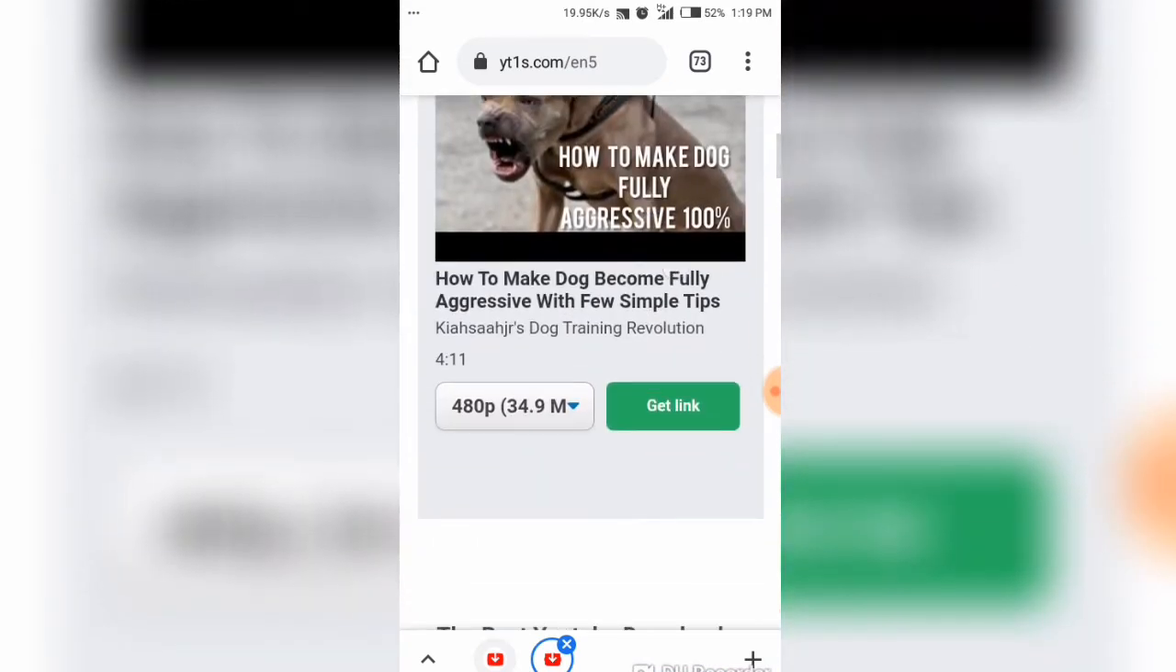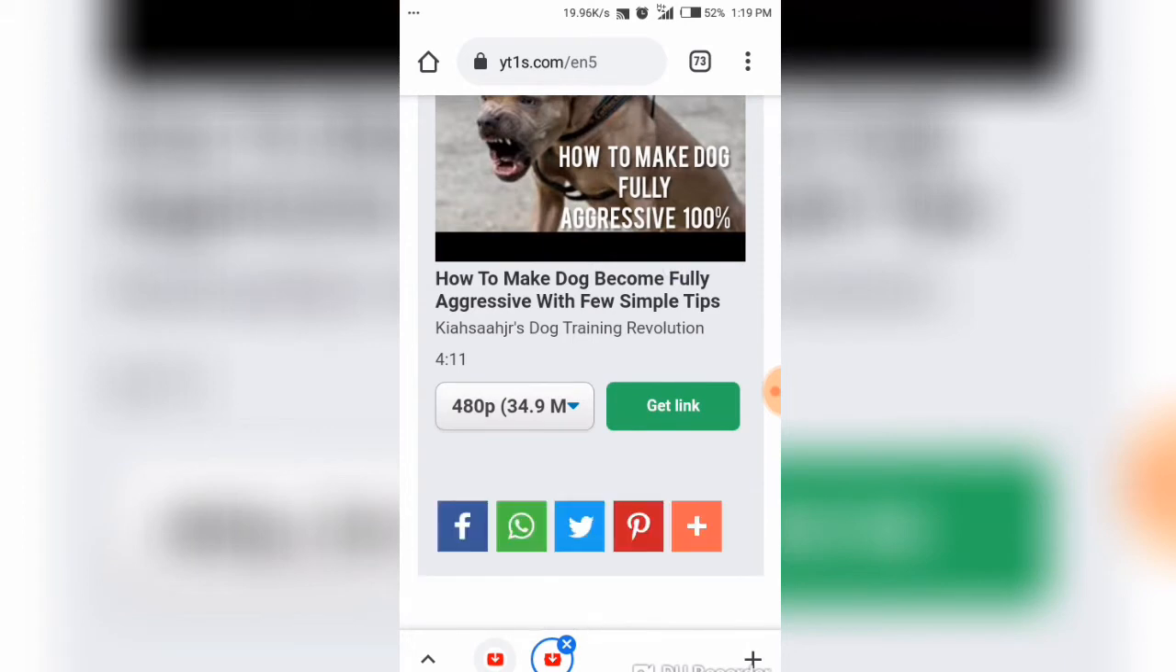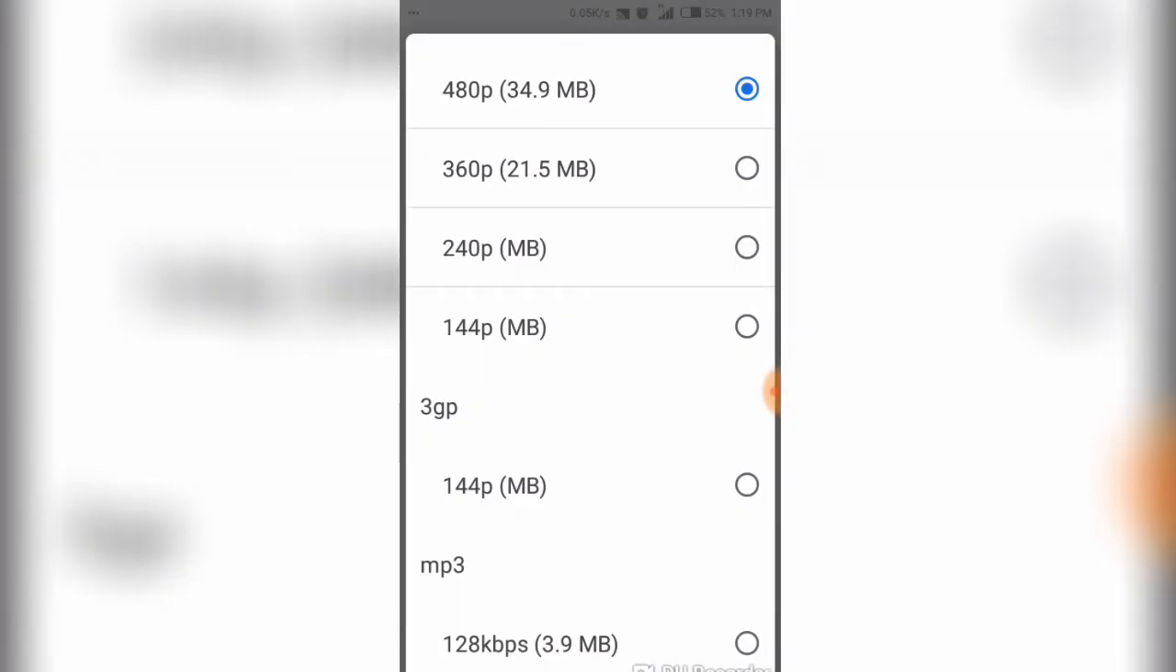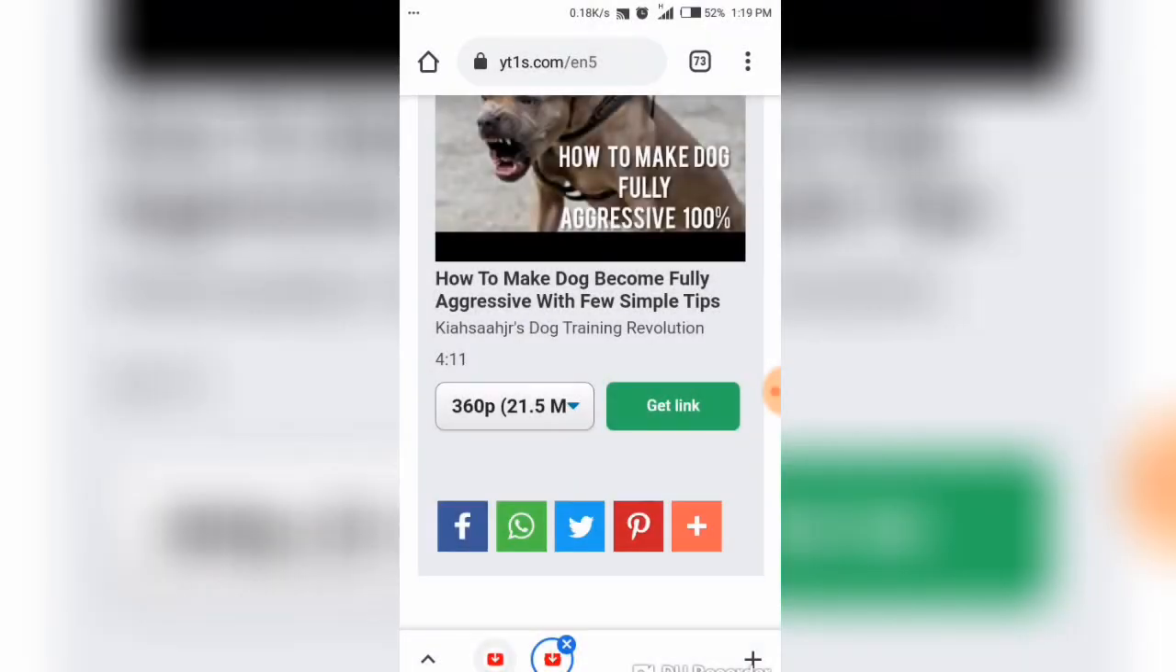So you can see here, you can see get link, that is if I want to download it at 480 pixels and 34.9 megabytes, or I can simply change this to a different resolution like 360 pixels, 240 pixels, 144 pixels, or maybe the 3GP 144 and then 128 kilobytes per second. And so I will leave it at 360, but I've already downloaded the video, so I won't have to go